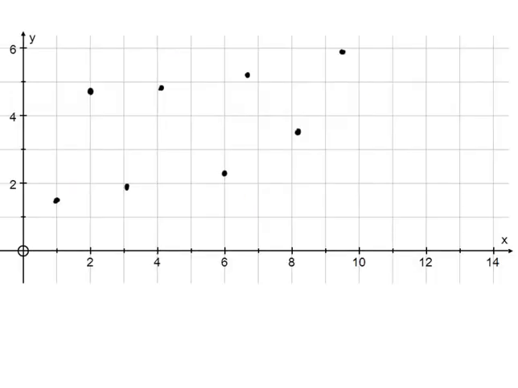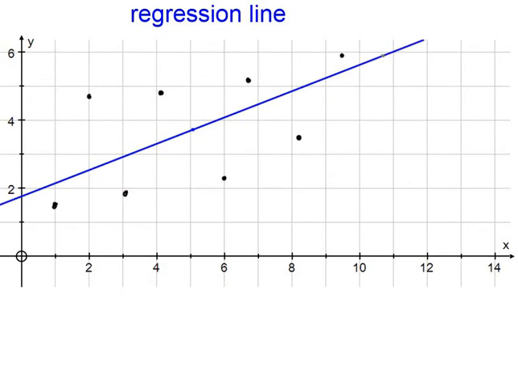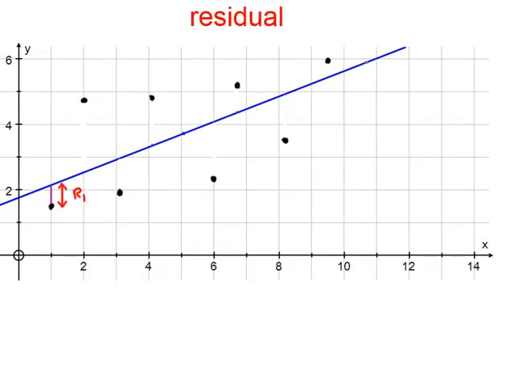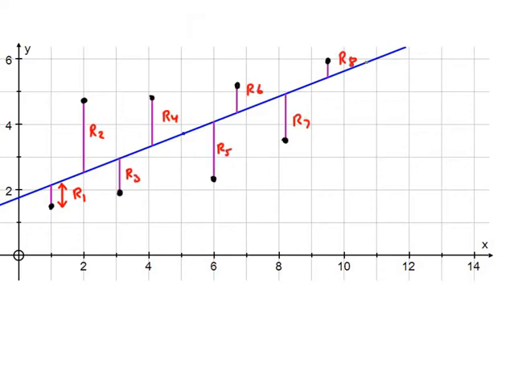So here's a scatter graph, regression line. You can get the equation of that from your calculator. This is called a residual. It's the vertical distance between an actual point on your scatter graph and the regression line, that distance there, the vertical distance. So this is just one residual. Every single point leads to a residual,